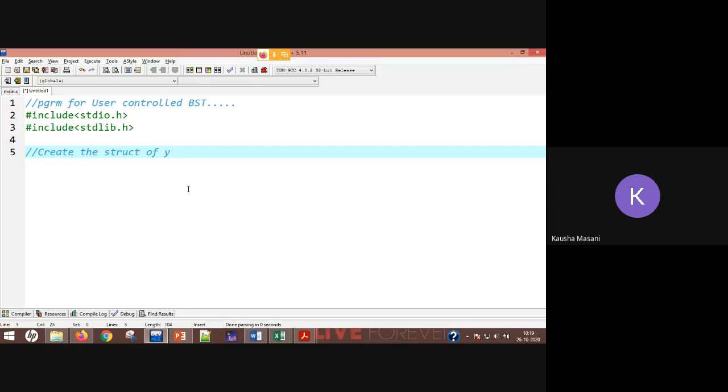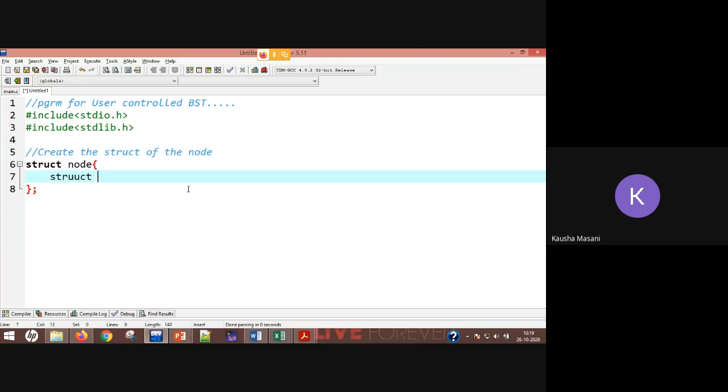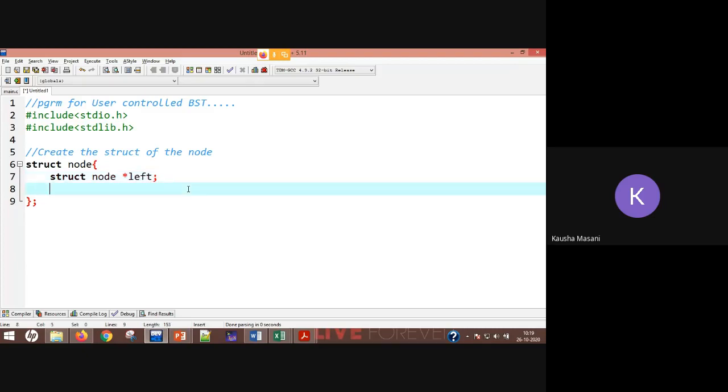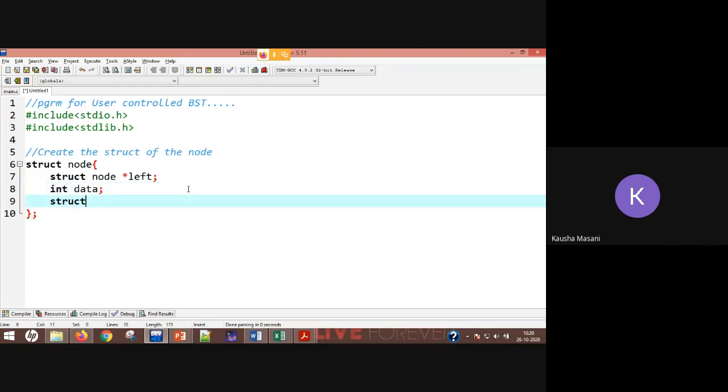So struct node, two pointers, one data part: struct node pointer left, integer data, struct node pointer right. So the structure of the node is clear, done.